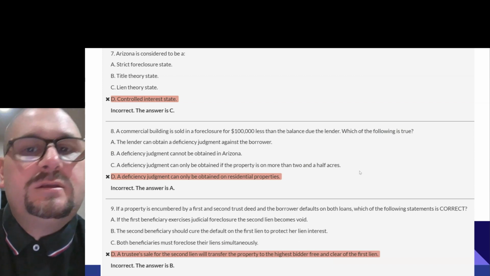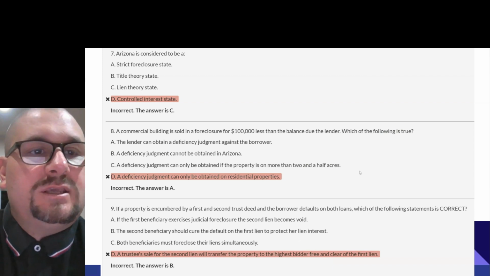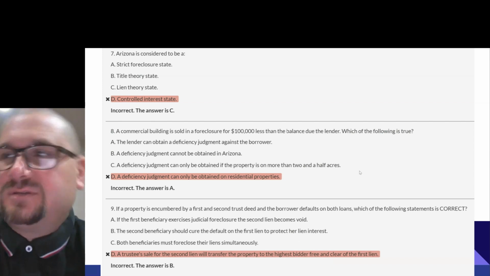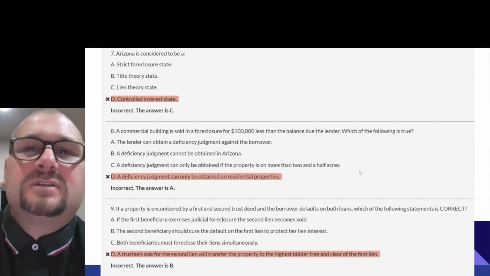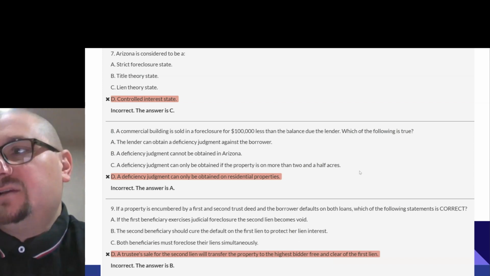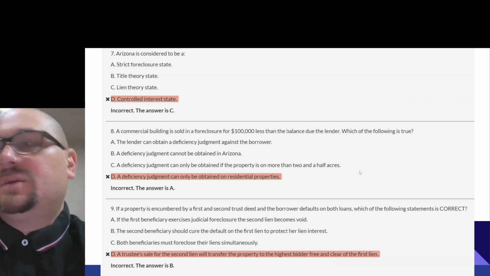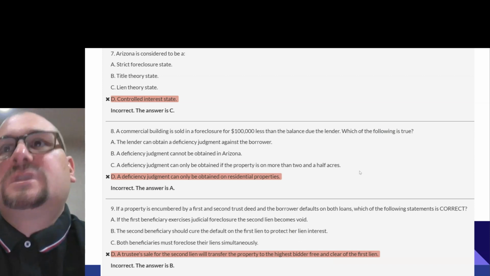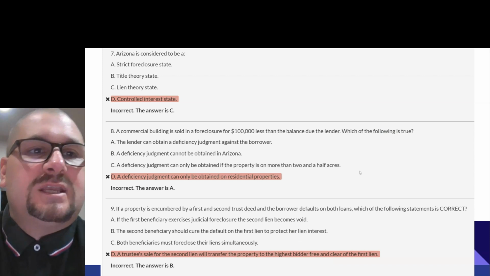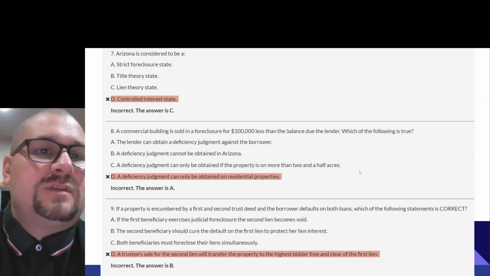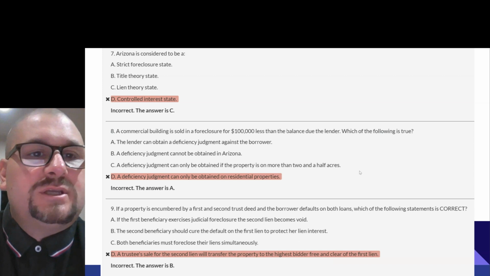Arizona is considered to be a Charlie. It is a lien theory state, right? We put a lot of liens on things and we lien things out in Arizona. So, a contractor puts in a pool, and if you don't pay them, they can put a lien on your house. So just think of that. We have a lot of pools. It's really hot. To remember this, we have a lot of pools. Pool contractors can put liens on your property. So Arizona is a lien theory state. Is it a title theory state? No, lien theory because we put a lot of liens out there. Strict foreclosure state, no. Title theory, no. Lien theory, yes. Controlled interest state, no.